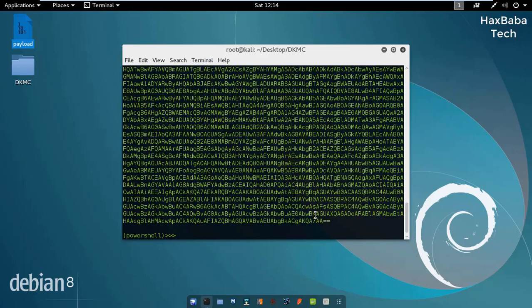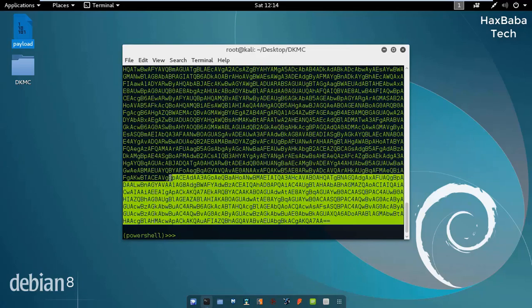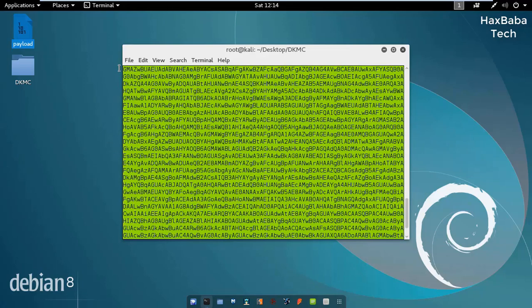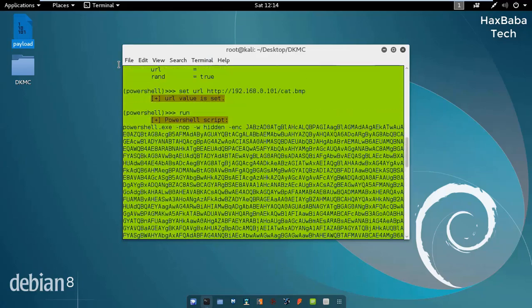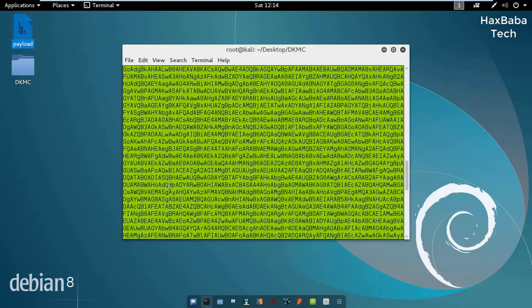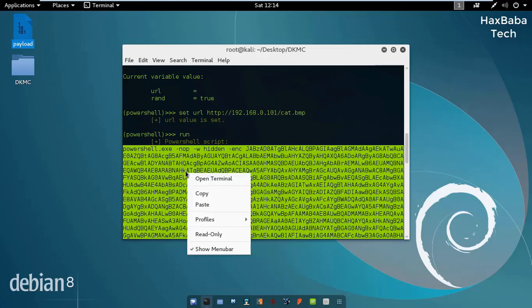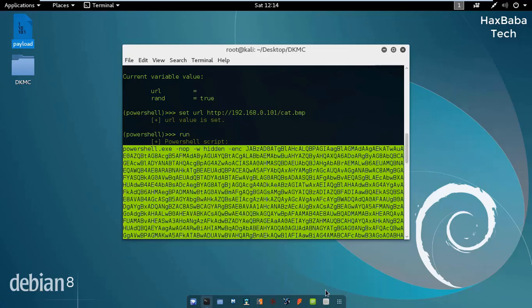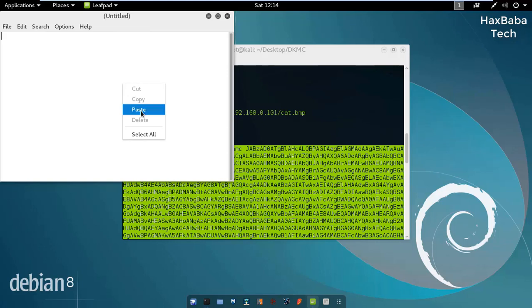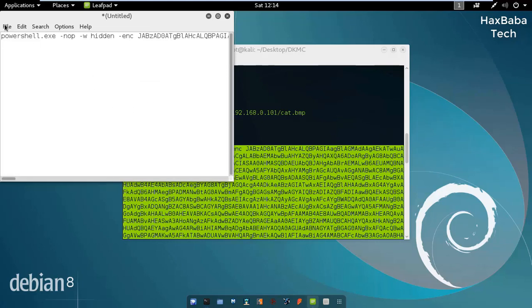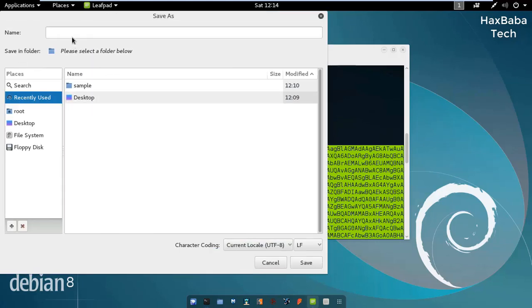You will get a PowerShell command. Copy that PowerShell code, open a text editor, paste it over there and save it as a batch file.